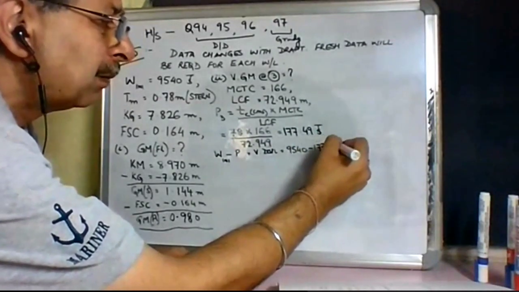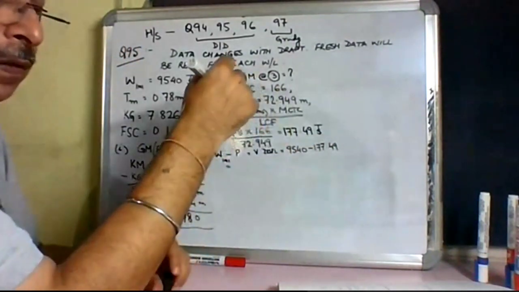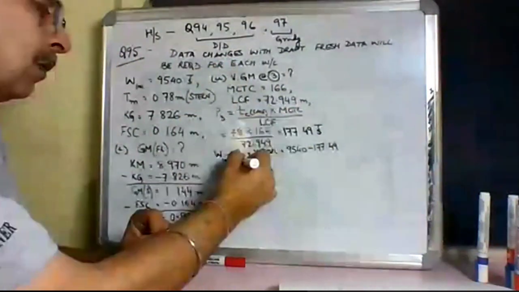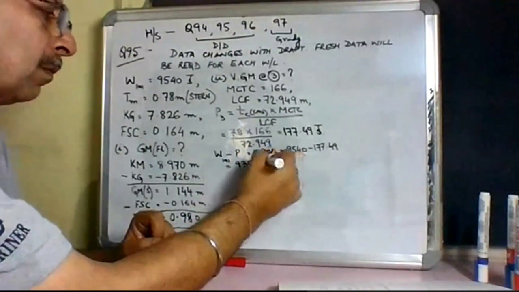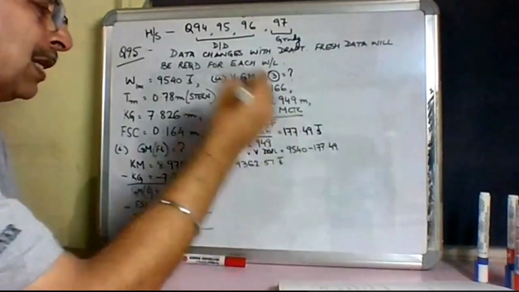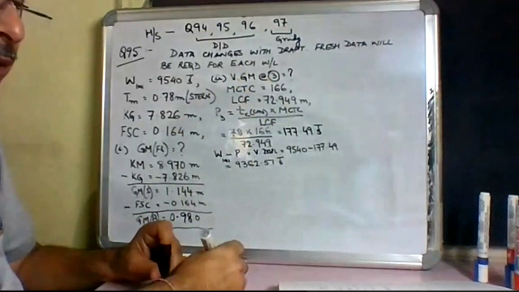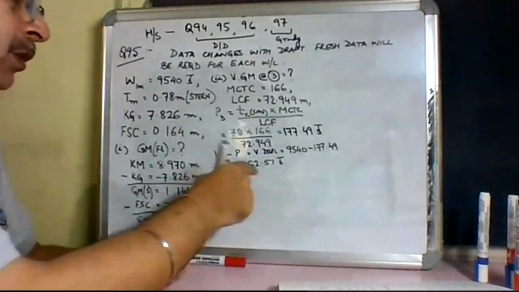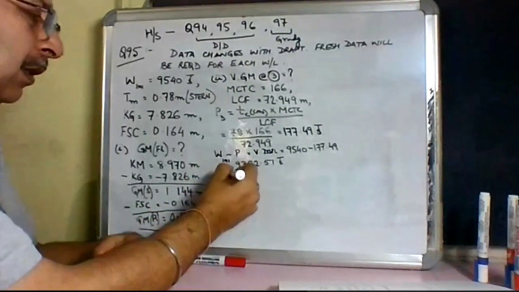That doesn't matter. So virtual displacement will come as equal to so much tons. This is the virtual displacement of the vessel. For this virtual displacement, I find out the